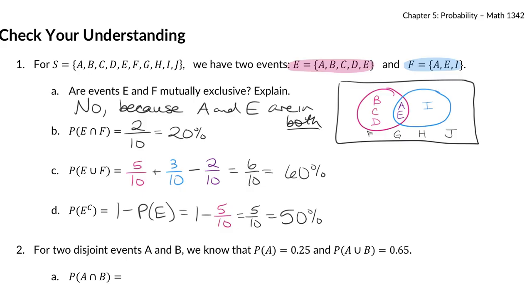And here's why Venn diagrams are really helpful. E complement means everything outside of the pink circle. How many things are outside of the pink circle? Is this in the pink circle? So 1, 2, 3, 4, 5 things are outside of the pink circle, right? 5 out of 10, 50%. If it had asked, what is E or F complement, that would be 4, because that means not inside the blue or the pink circle. That's what you guys were thinking.